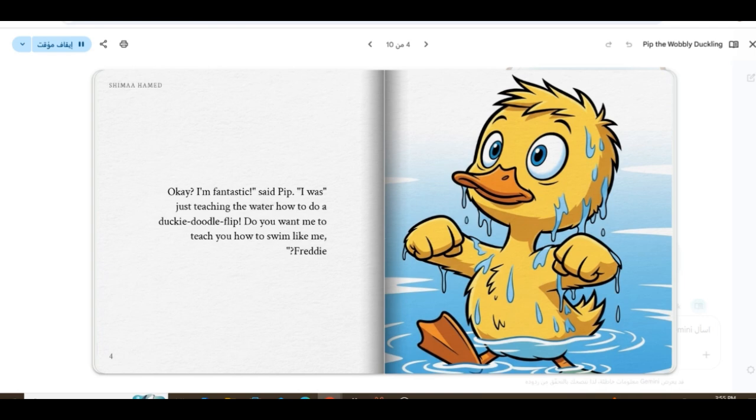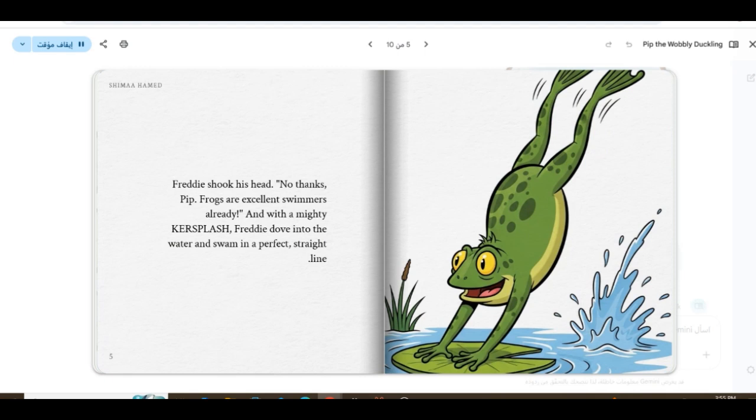Save and share. You can save your storybook inside the app, but right now you are not able to download